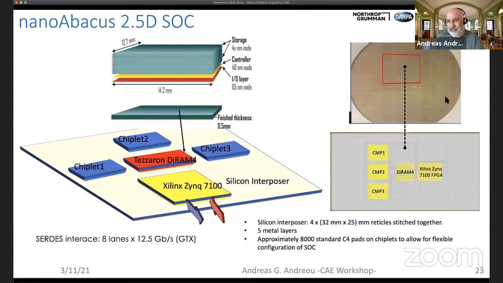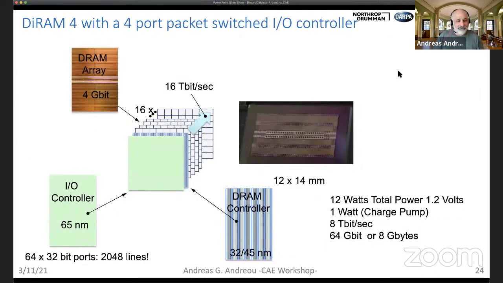This is not a picture. This is not a fake picture. This is actually a real image of the fabricated interposer. And you can see one of our chiplet designs will go here. Here on the right side, you put the Xilinx FPGA in die format, and here in the middle, you have the bandwidth memory. I should really say something about the DRAM chip, and this is actually a picture of